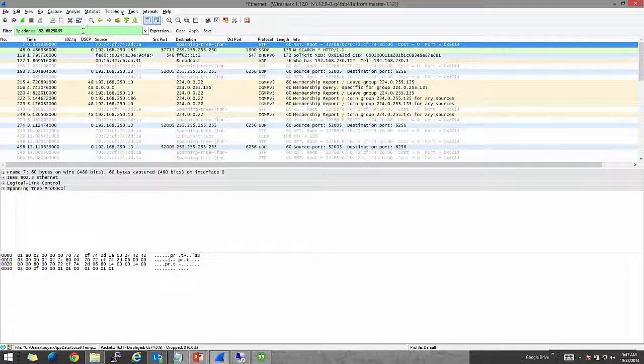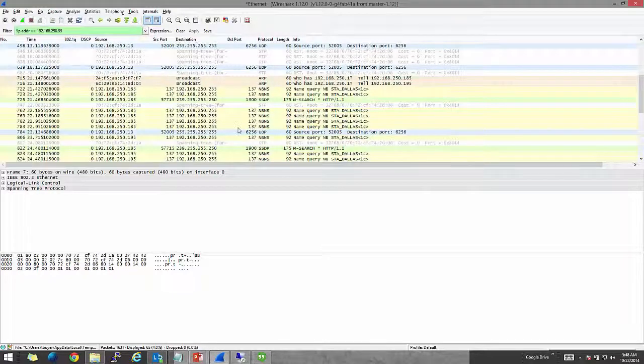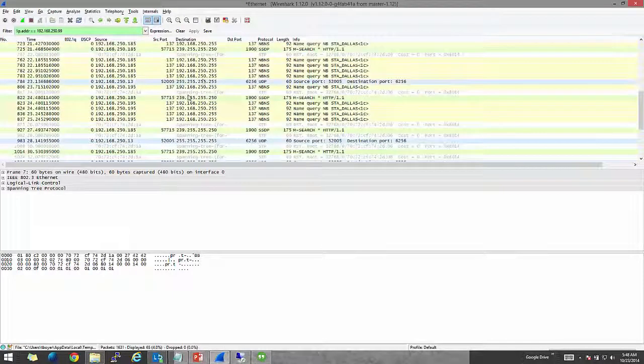So if I take out that traffic, what I'm left with is a bunch of broadcast traffic and a bunch of just network chit chat of devices querying each other and broadcast traffic. So this isn't what I want to see. This isn't showing me the VoIP traffic that I'm looking for that's passing between the devices. And the reason is